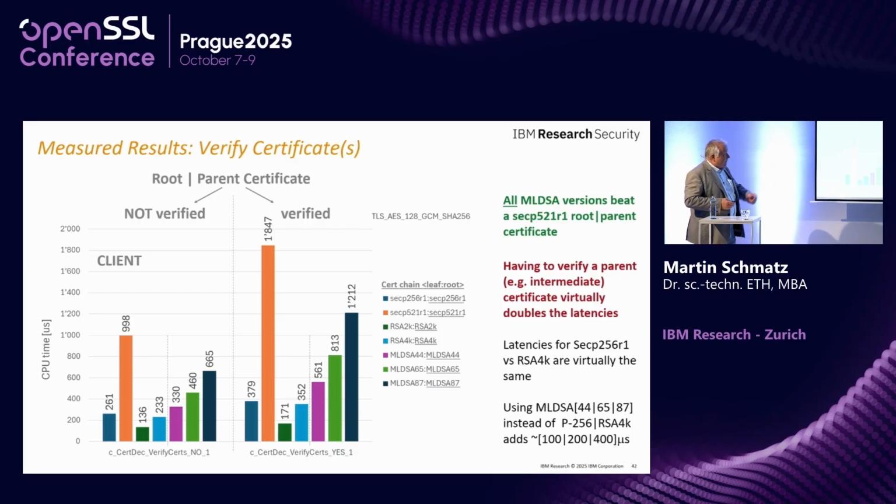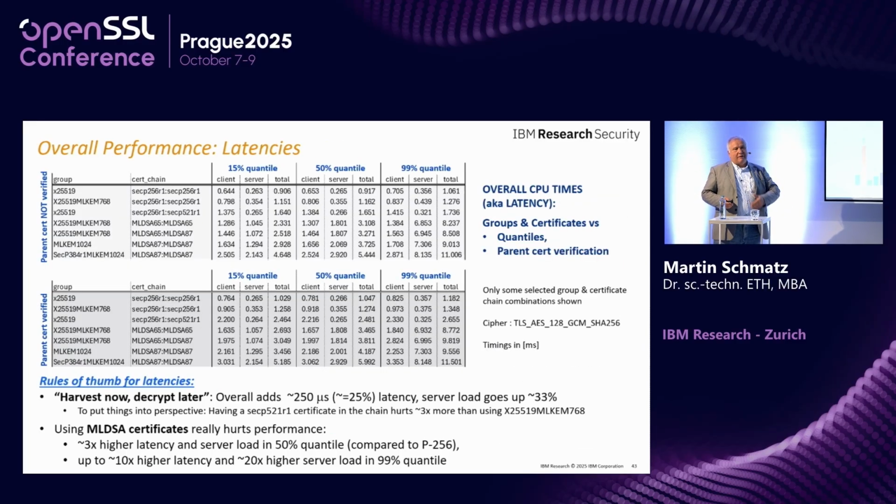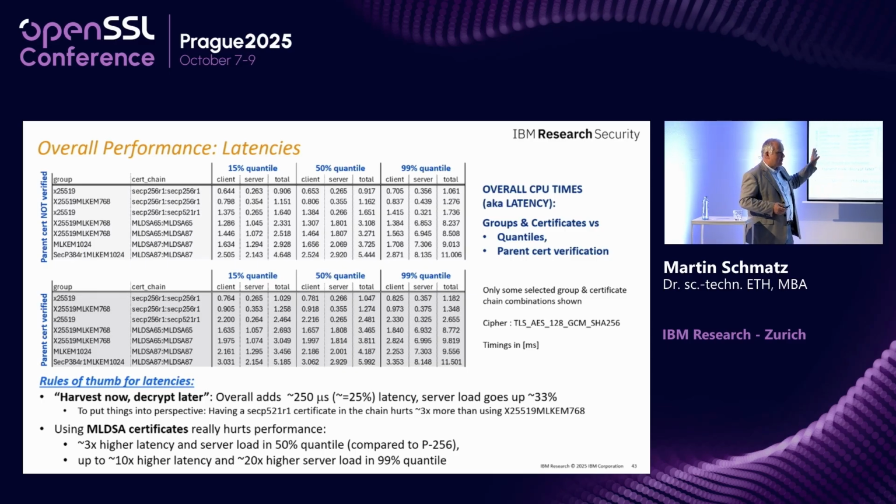Then in terms of numbers, if you're using an ML-DSA 44, 65, 87 instead of a P256 and or RSA 4K, it adds something like 100, 200, 400 microseconds. So if we always add these hundreds of microseconds, what does it really do to us? So what I show here, a lot of figures, I don't talk about the figures, the 15%, 50% and 99%